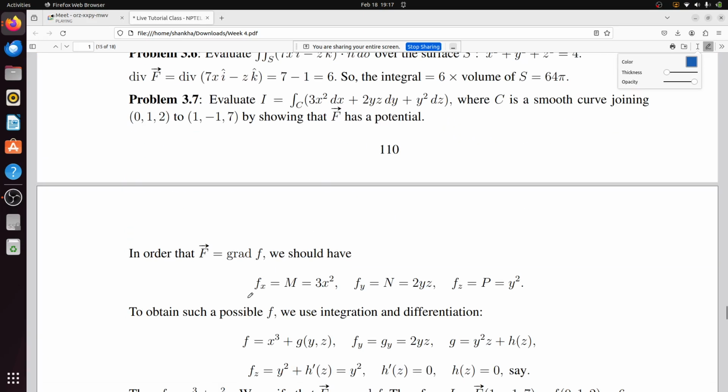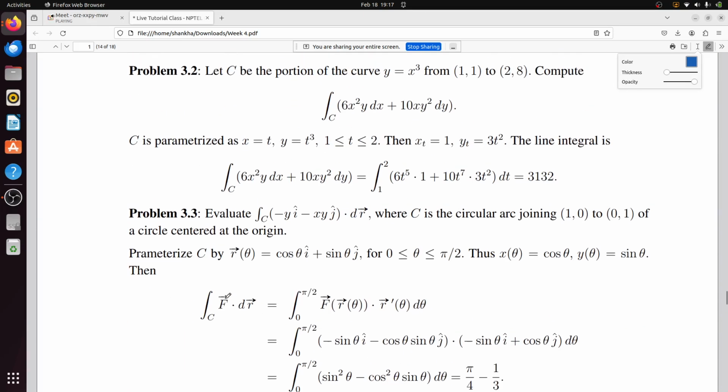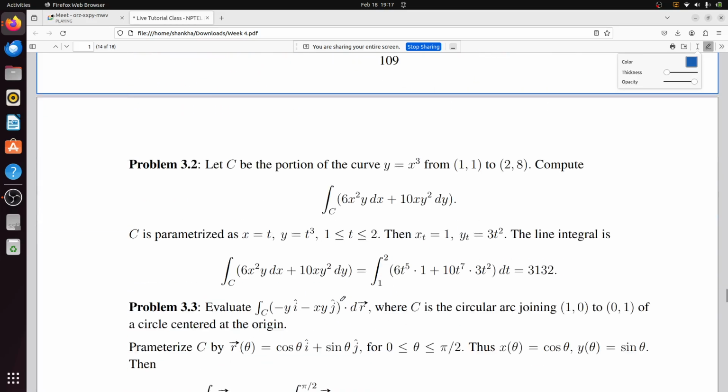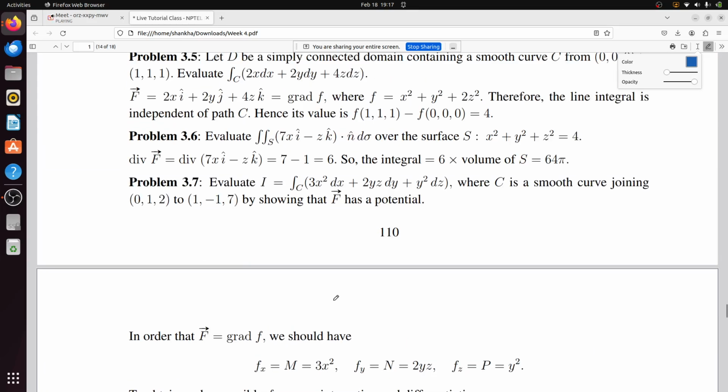Also Priyanka, there are many review problems here which you can at least try. The solutions I will also provide. I will upload this note today, from which you can also get good practice.